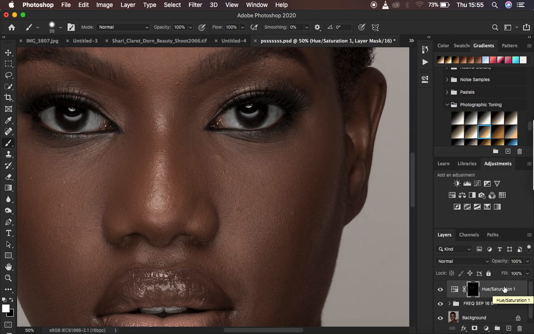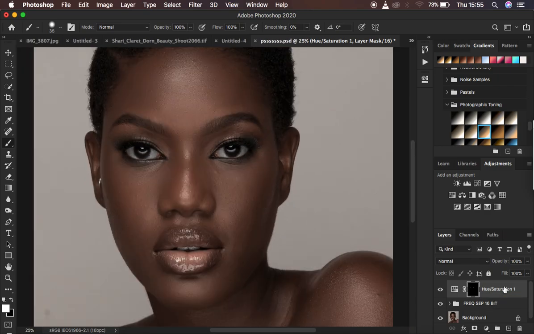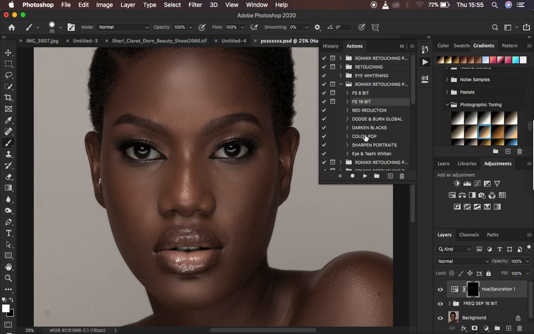So let's look at mistake number 4, which is about not dodging and burning your images. Remember, when you're doing frequency separation, we tend to end up with a flat photo or a flat image. So I'm just going to play my dodge and burn action,